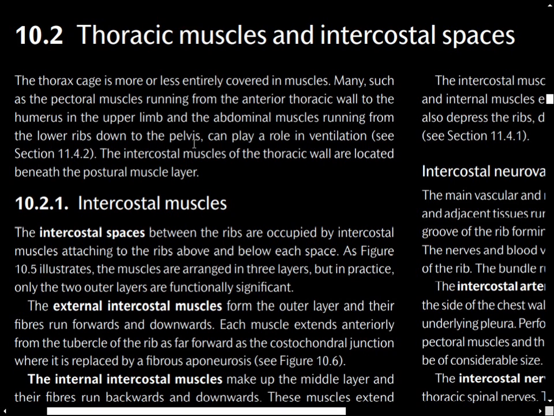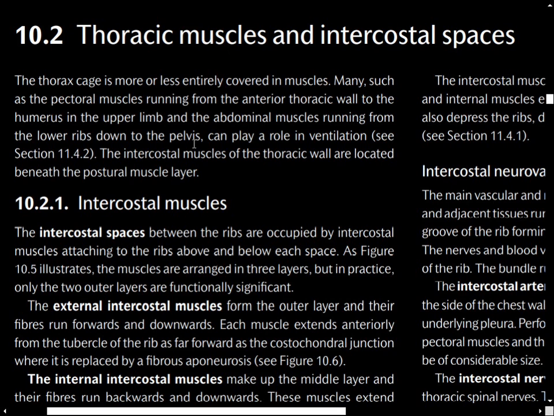The external intercostal muscles form the outer layer, and their fibers run forwards and downwards. Each muscle extends anteriorly from the tubercle of the rib as far as the costochondral junction, where it is replaced